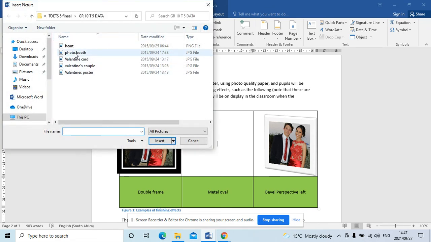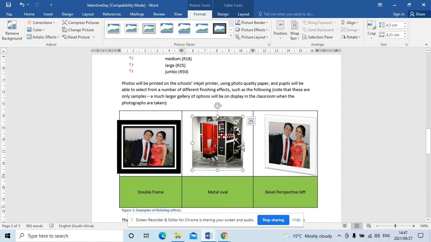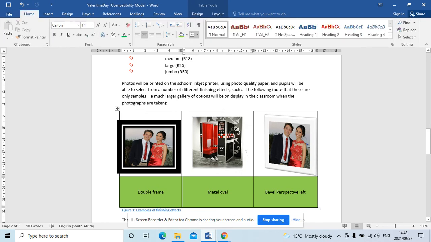And then let's just say photo booth and say insert. Can you see? You just need to make it a little bit smaller for it to fit in. But you need to make sure that you put your cursor inside that cell before you say insert picture. Okay, and then